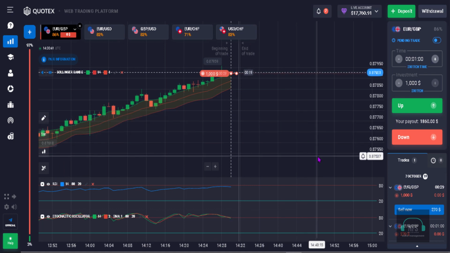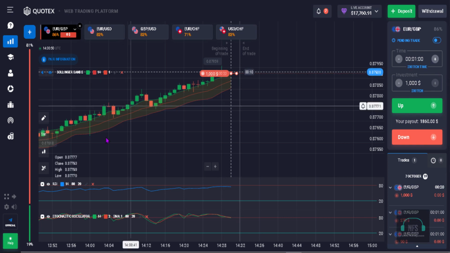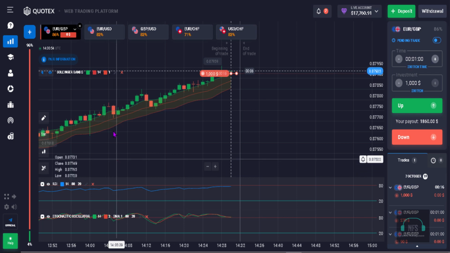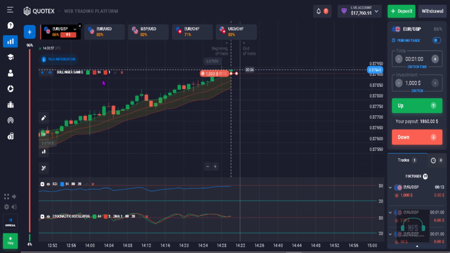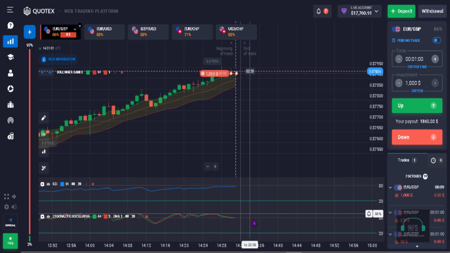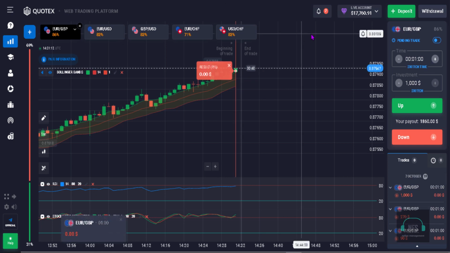Still 30 seconds. As you can see, the price is here and is not bouncing back at this point. So I am using RSI strategy, stochastic oscillator and Bollinger Bands. We should be outside of Bollinger Bands. We should be in the upper corner of RSI and stochastic oscillator. As you can see, all the conditions are met here, but we should be waiting for the moment when the price will start to pull down in order to execute.